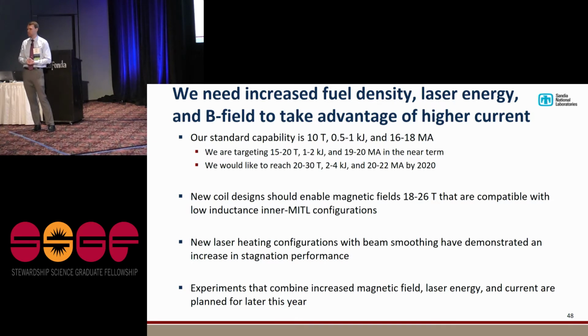We're going to do another series of these experiments in October or November to try and push it further towards this goal. By 2020, we'd like to increase all these parameters further, and we feel that's kind of where we need to be to get into the 10 to 100 kilojoule neutron yield range, DT equivalent range. So we have these new coils that we're testing